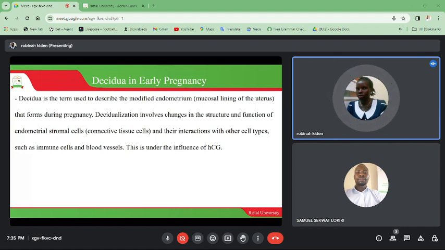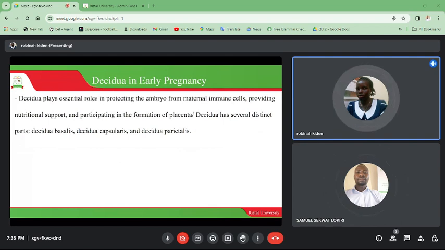This is under the influence of progesterone. So the decidua plays essential roles in protecting the embryo from maternal immune cells, providing nutritional support,